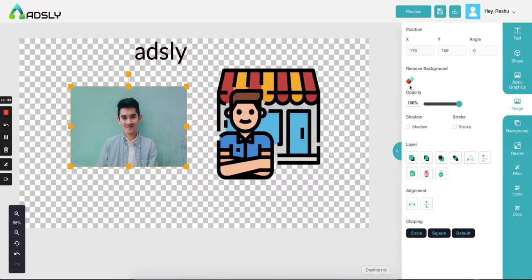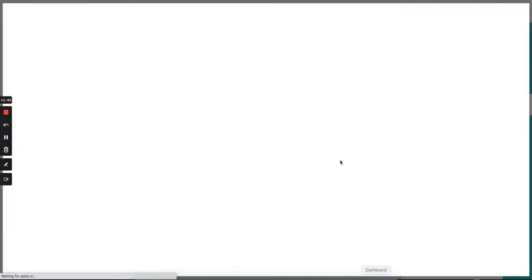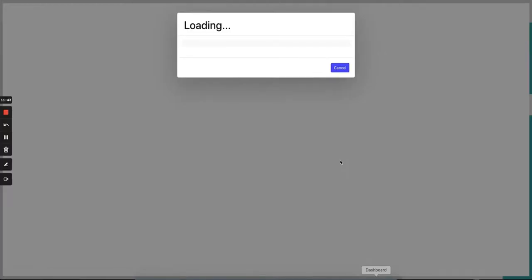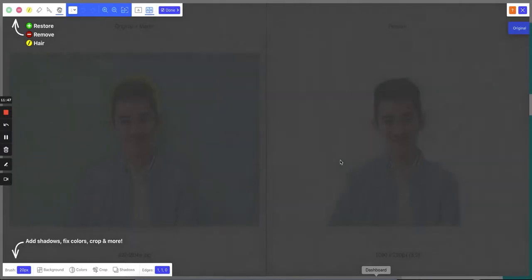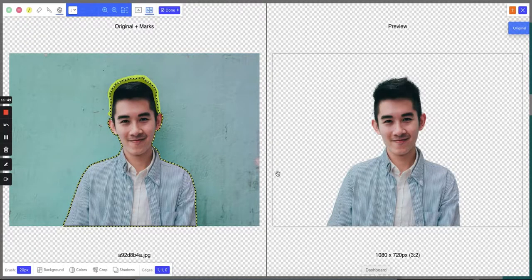Now if I come to this image, again all the options and features remain the same, apart from two features. I can remove the background of this image. So this option will help me to remove the background. It has already automatically removed the background, but can you see you also have the option of editing it.